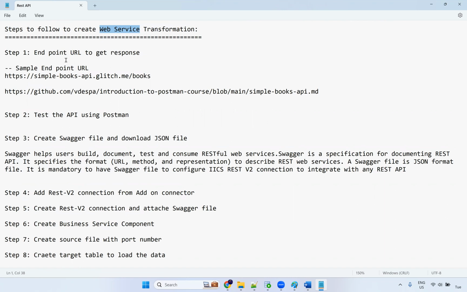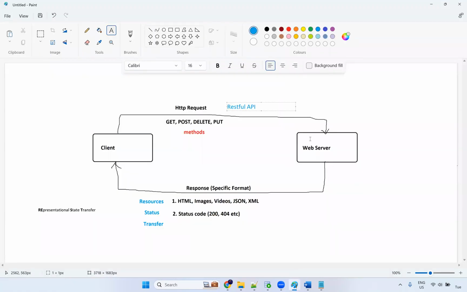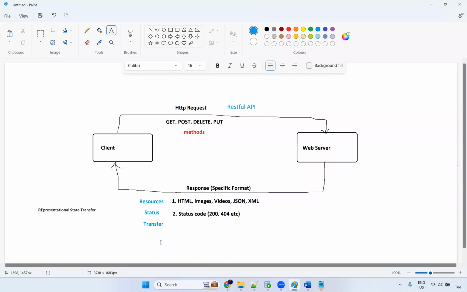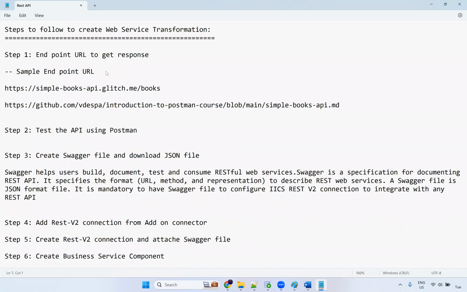First of all, to get the response, we need to have an endpoint URL. From where are we going to get the response? Say, for example, from the web servers, or from the application, as I told. Here I have MakeMyTrip. Here we have different airlines, Air India, Air Canada, or IndiGo. These airlines need to send a response, so we need to get an endpoint URL to get the response from them. That URL you need to get in a real-time project. Yes, definitely we will get it. But here I'm going to use this particular